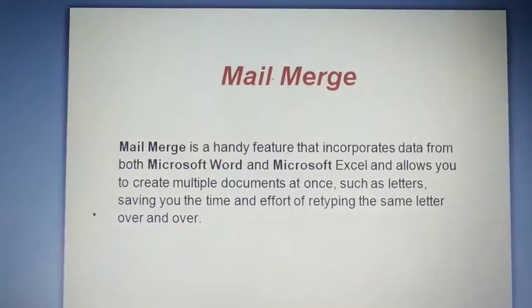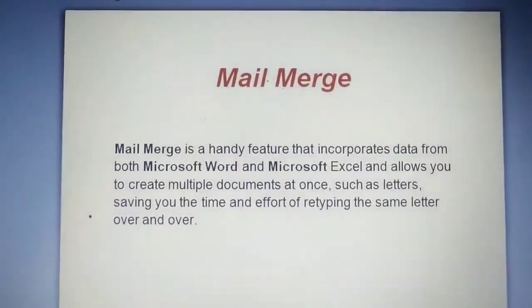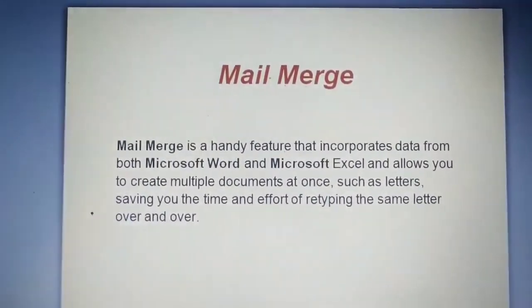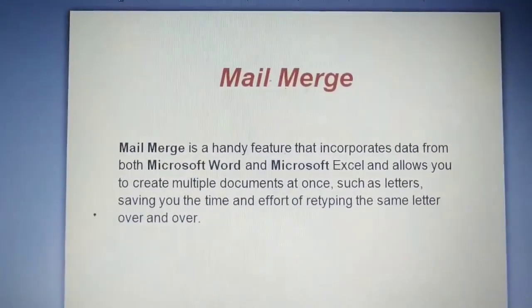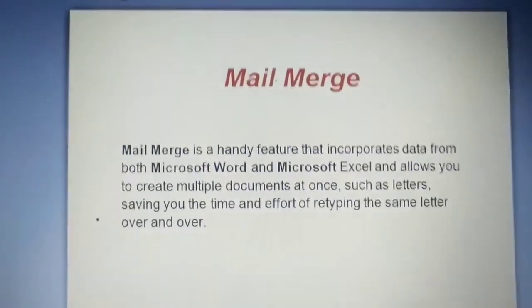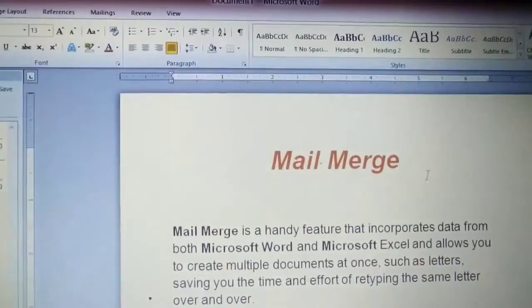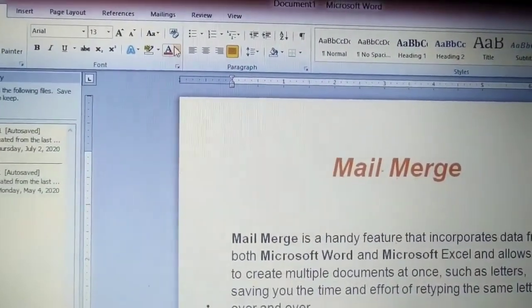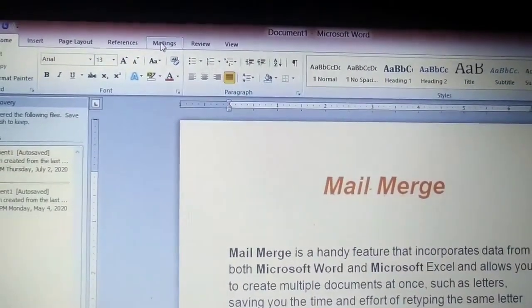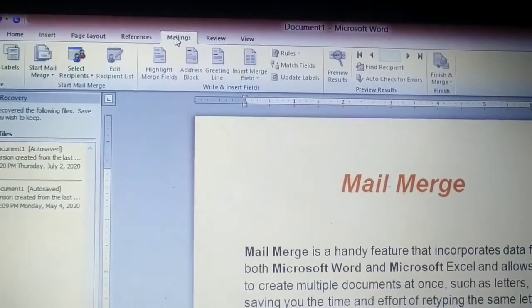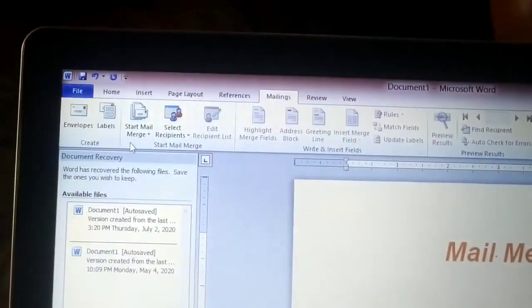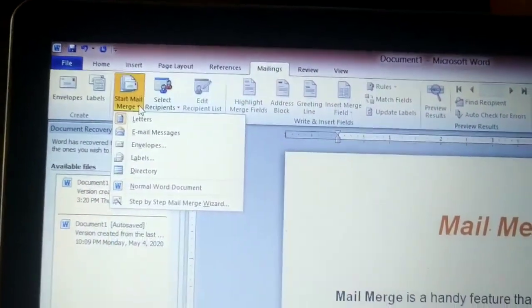There are two ways to do this mail merge. One is the step by step wizard option. Look at this. You have to open a Word document and click on the Mailings tab. Then click on Start Mail Merge.